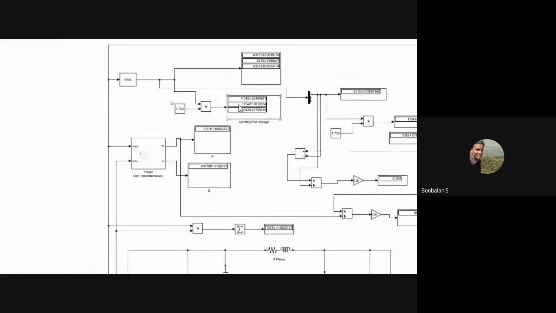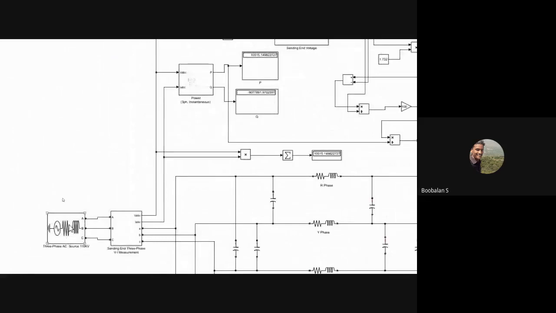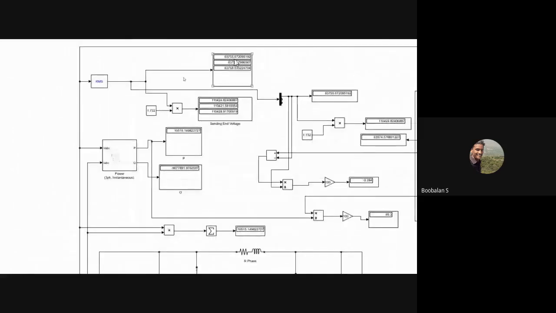If you want to measure among the three phases, R phase, Y phase and B phase, just have a small verification over here, just multiply by square root, and you get R phase, Y phase, just a small verification alone. This is not exactly this one, right? This is the exact voltage now coming after this block. After this three phase source, it is coming as 63 point something kV, 63 on R phase, 63. That is called phase to phase voltage, right? Phase to phase total is 110 kV. So 63, 63, 63, among RY, YB, this is my self verification. So this is my sending end voltage.